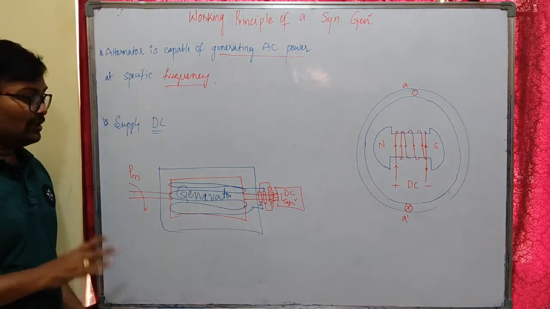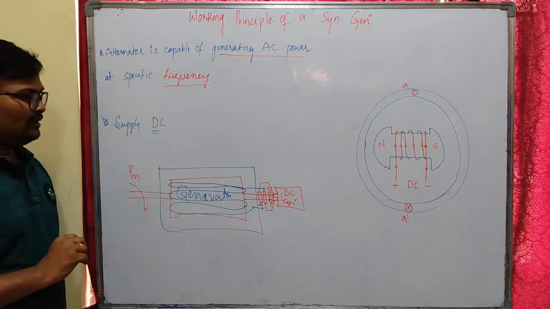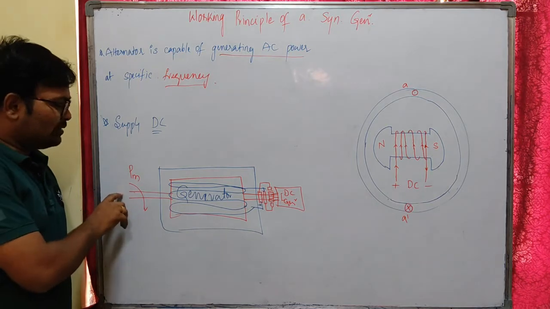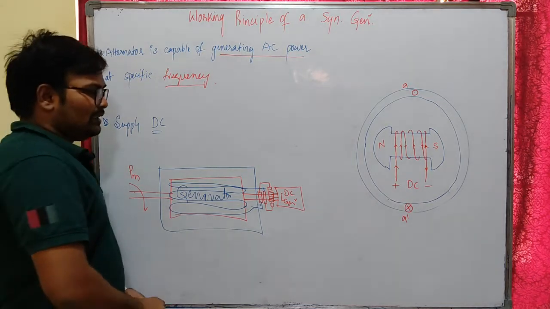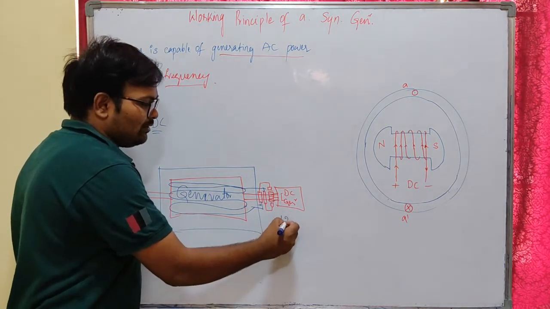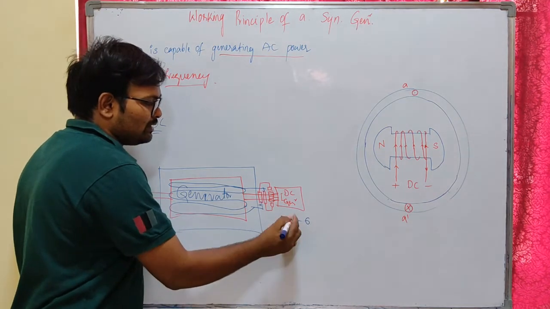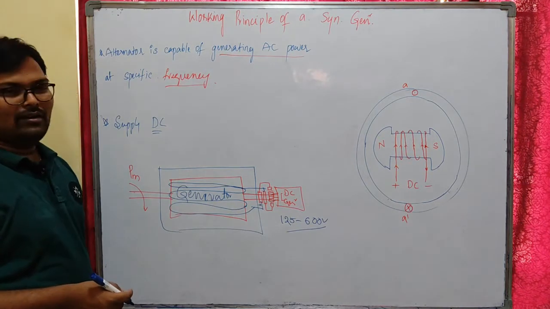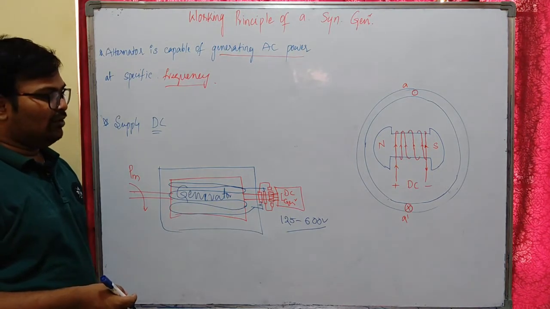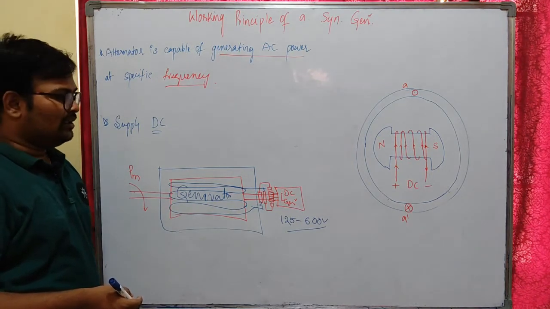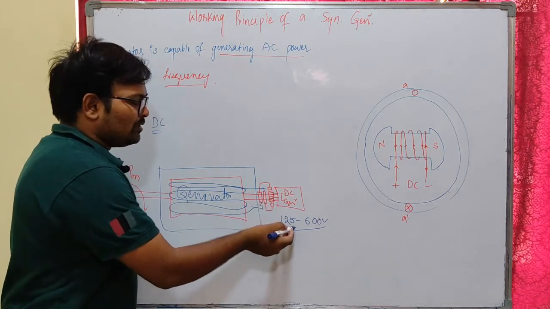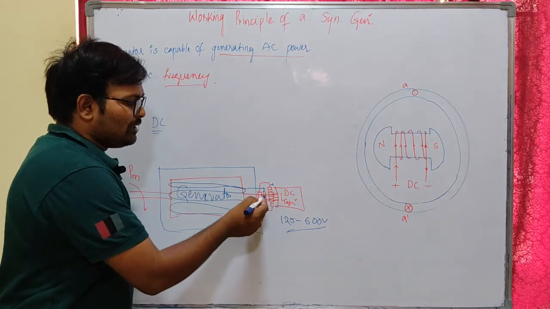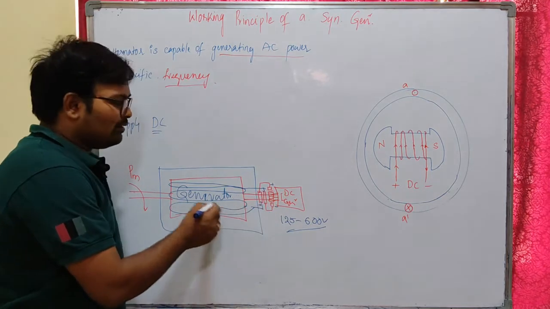I hope you understand. So the DC supply to the rotor of our generator is supplied by a DC shunt generator mounted on the same shaft of the generator. The DC generated by this DC generator is in the order of 120 to 125 to 600 volts. The order of DC supply we give to our alternator in industry is 125 to 600 volts DC. This DC generator will produce this much voltage, and through the commutator I collect the currents, and through slip rings I give the DC supply to our rotor circuit.